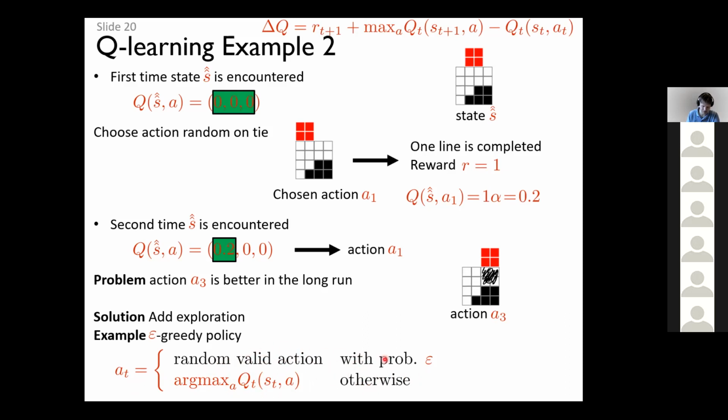So this will add some exploration, and usually we choose epsilon to be quite small, so we don't explore all the time, because then we will just have a random strategy, but we do it occasionally, and then we can find this other configuration. And since what will happen after this configuration will give a large reward, that means that the Q value of the next state will grow, which means that eventually this state will become large, even if you don't have an instantaneous reward, because the following Q value becomes larger and larger because you will complete rows